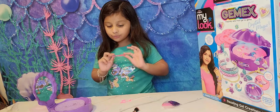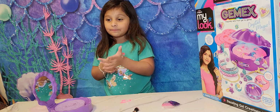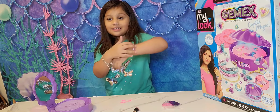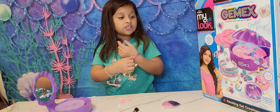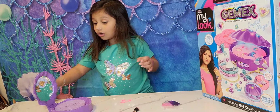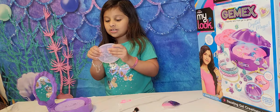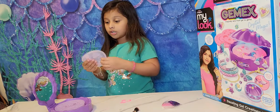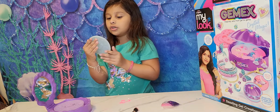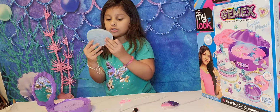Okay, guys, so this is really cool. And I can't believe I made this. And it may be a little messy, but it is fun to make. With this Gemex is so cool though. You can make all types of the molds. It has unicorns, hearts, butterflies, star and a moon, rainbow, heart, and some others. And one's a daisy, star, heart, another star, more hearts. Circles,